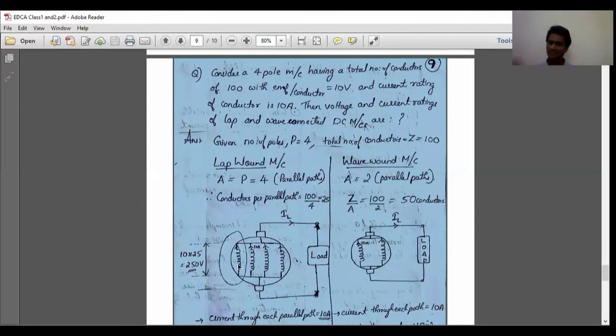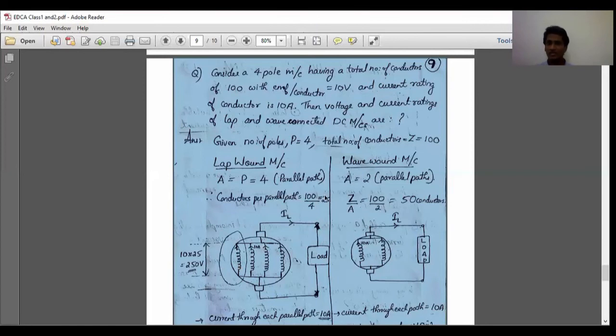If I connect a resistor and a current is flowing through that resistor, there will be a voltage drop, say 10 volt, and another resistor with current flowing through it has a voltage drop of 10 volt. And if I connect both these resistors together, the total voltage drop will be 10 plus 10, 20. Similarly, here there is a coil, and the voltage induced in one coil is 10 volt. Similarly, another coil is there, and the voltage induced in that coil is 10 volt. Together it constitutes 20 volt.